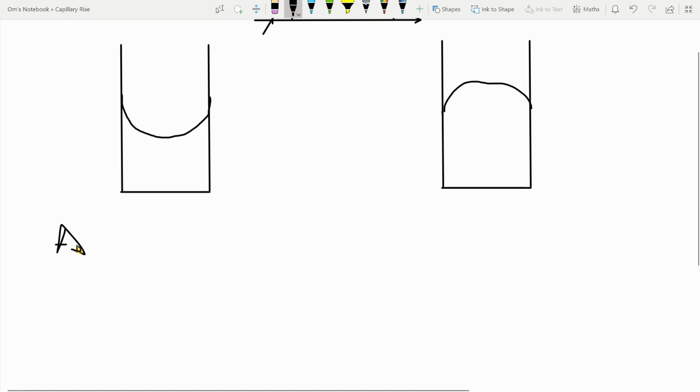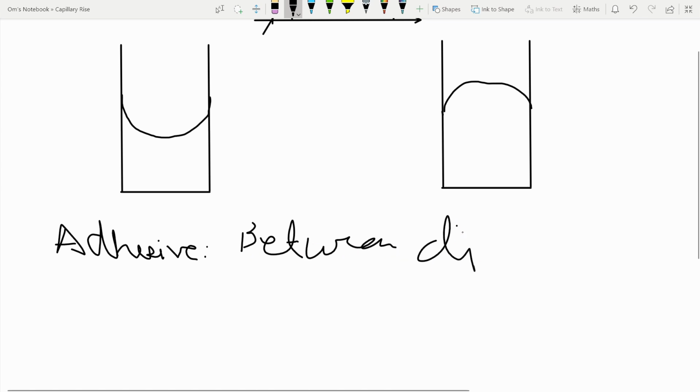Adhesive forces are the forces that act between two different types of materials, mainly between solids and liquids. Suppose I have a liquid over here and this is a solid container. There would be an adhesive force between this liquid and this solid. So, between different materials. And cohesive forces,